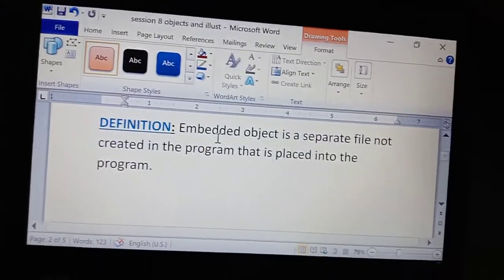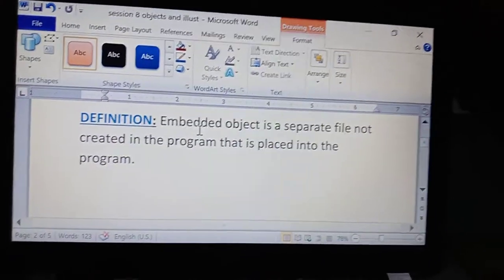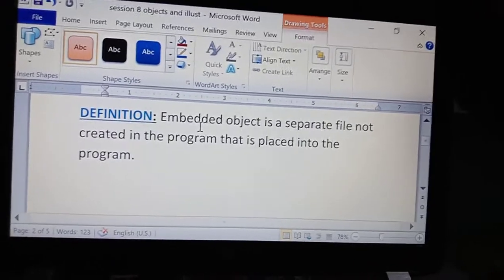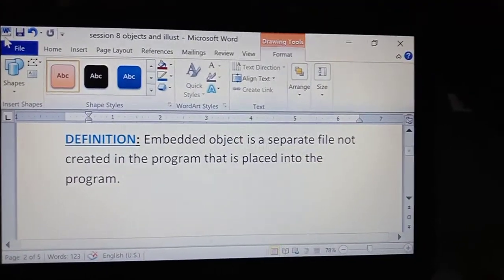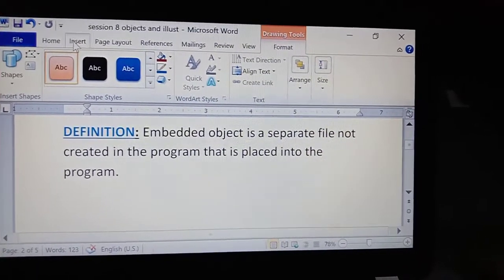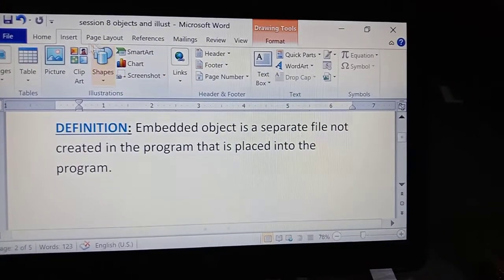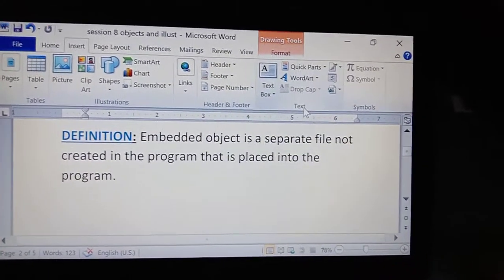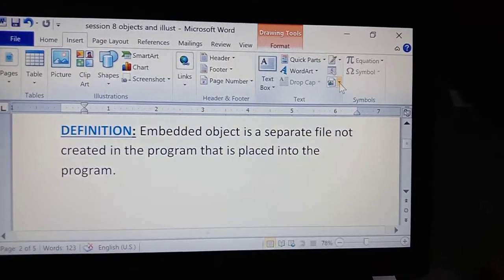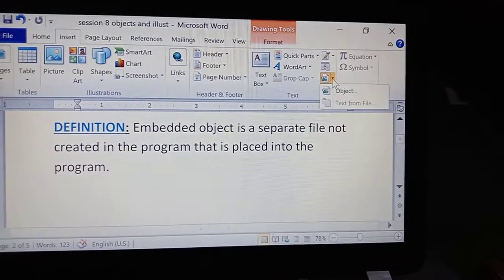So I am importing from Microsoft Excel to here. Let us see how to import that one. See here. Click on Insert. In the Insert tab, one group is there, called the Text group. In this Text group, we have Insert Object.